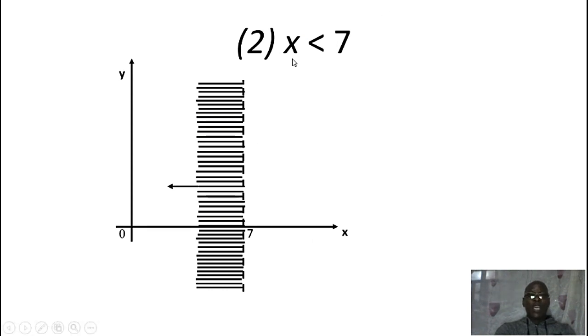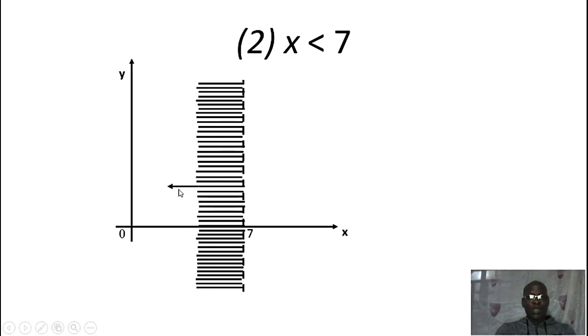this one says x is less than 7. So you do the same thing there on the axis, writing 7, the number that should be written there. There's no problem writing 0, 1, 2, 3, 4 down the line. But since the number at heart is 7, the number that we are focusing on is 7. As a result, on top of 7, we draw a line vertically downwards and then upwards. Again, there is strict inequality here. x is strictly less than 7. So the line is going to be dotted.